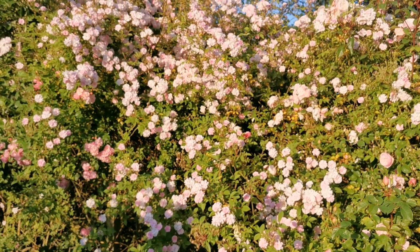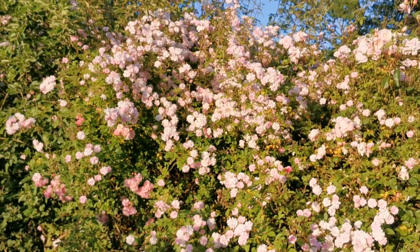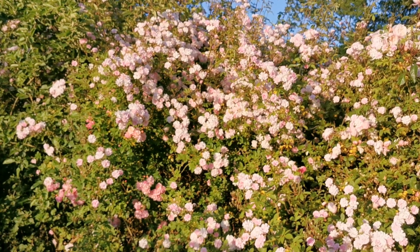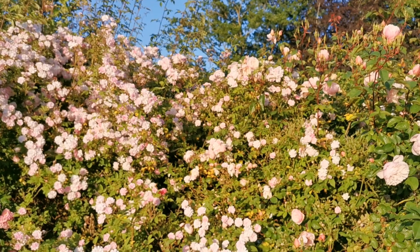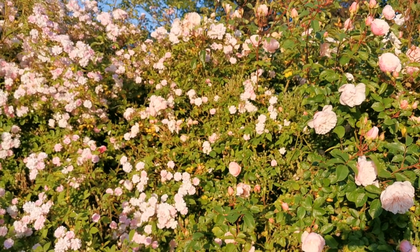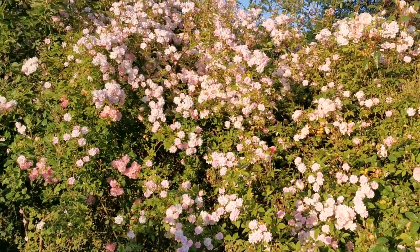First rose we're going to show you is Paul's Himalayan musk, a really strong and vigorous climbing rose. The clue's in the name really as far as the scent's concerned. Absolute hazy musky rose scent here this evening. This one's grown in a rose arch. Well, it started life in a rose arch, but I'm going to walk around the other side and show you